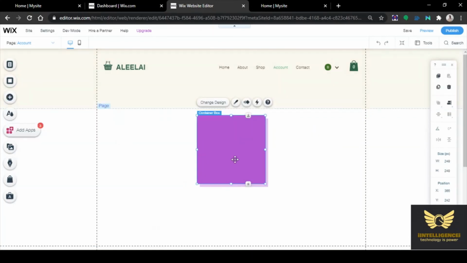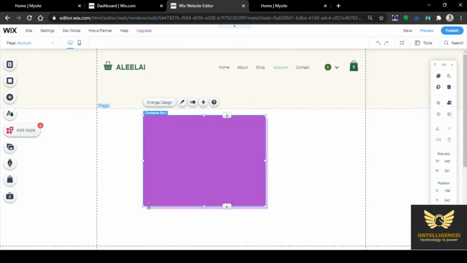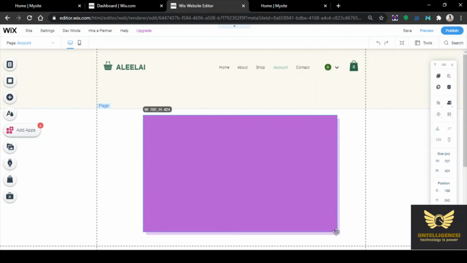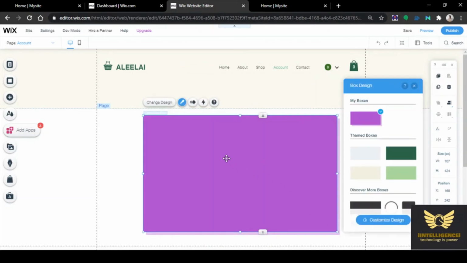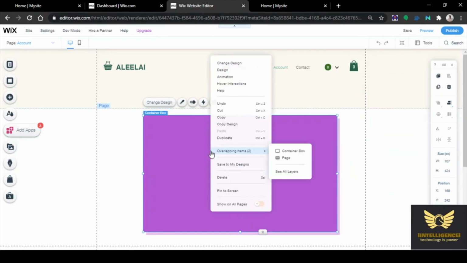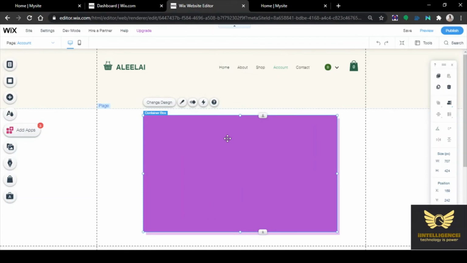Let us try to add this. We cannot change, we cannot add text, so just delete it.